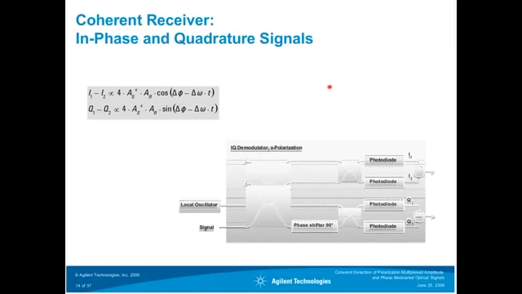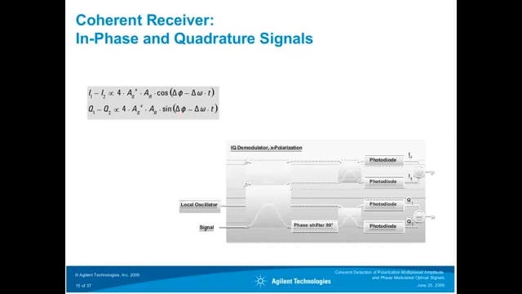So in a coherent receiver, you have basically two of these structures. There's, again, this interferometric detection up here, and there's another interferometric detection down here, where there's an additional phase shifter. And this phase shifter allows you to measure not only the in-phase part of the signal, which is this part, but also the quadrature part of the signal. The difference between those two is that on one you have the cosine of the phase difference, and on the other you have the sine of the phase difference, so you can really recover a full 2 pi of the phase.